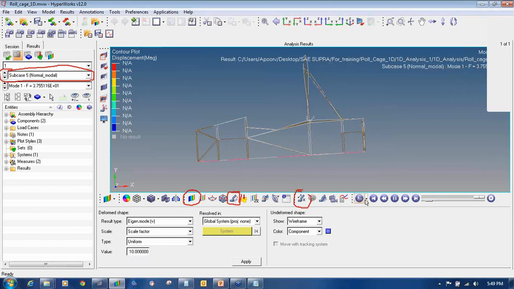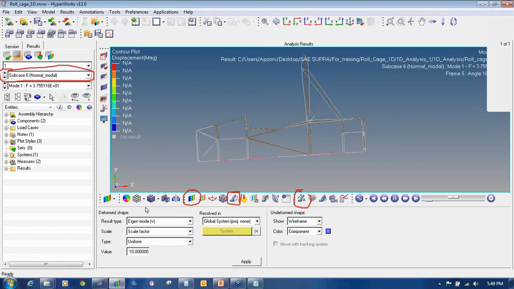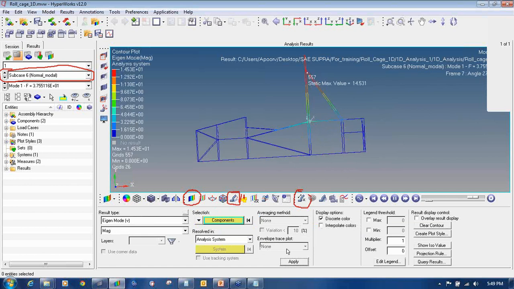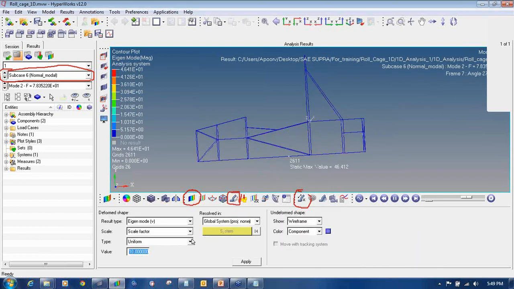For normal model, I will change it to normal modes. Again, go to contour and say apply. So this is my first mode. This is the second. I can change the deformation to 1. This is the third mode of excitation, and this is the fourth mode. So these are the 4 modes of modal excitation where the maximum frequency can be observed on the model after these suspension pickup points. So in this way, you can perform all the 6 different analyses in one single file.